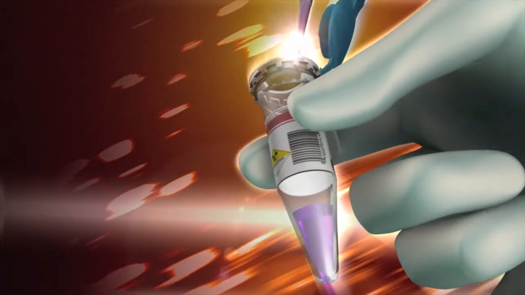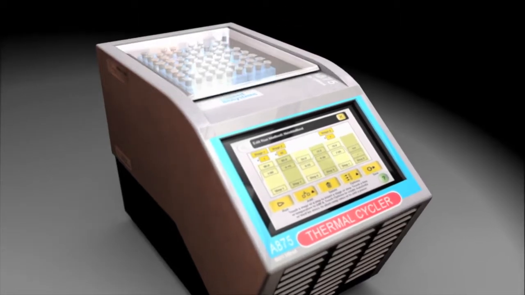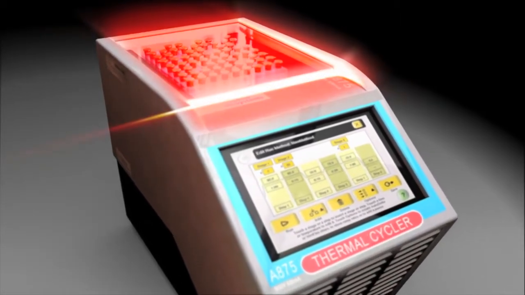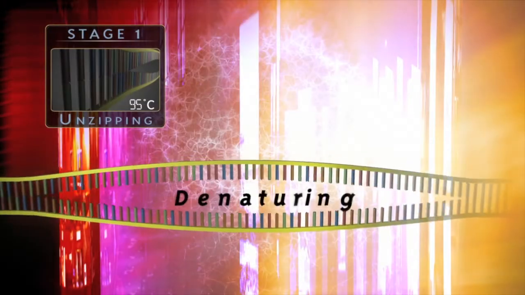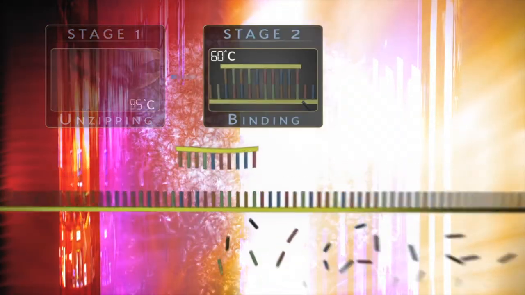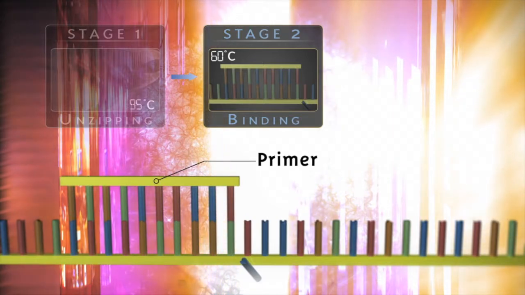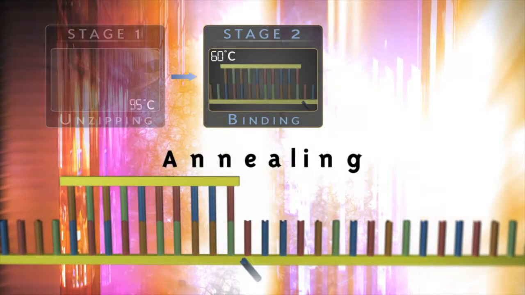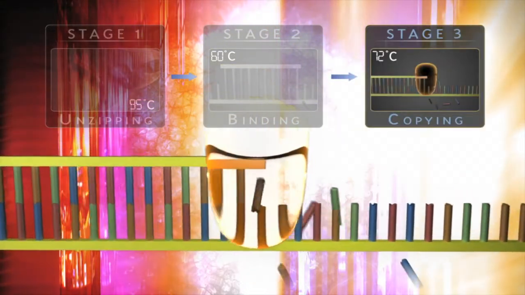After filling tiny plastic tubes with the mixture, a technician places them in a microwave-sized machine that heats and cools the tubes to a series of precise temperatures. The changing temperatures ignite a chain of events, beginning with the denaturing or unzipping of the double-stranded molecules. Next, the primers bind to the individual strands at precise locations, a process known as annealing. Ushered in place by the primers, enzymes steer the